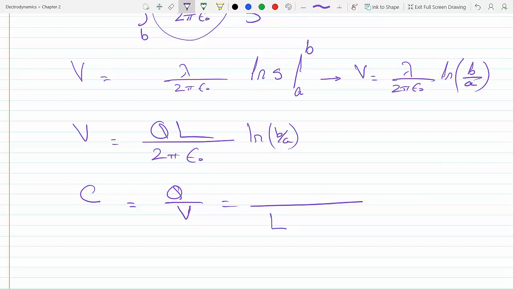So this is L, this is gonna be 2 pi epsilon, ln